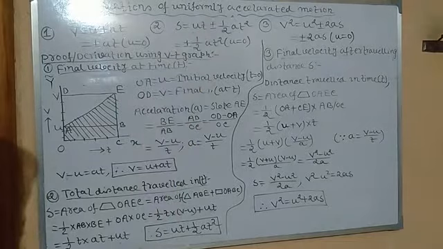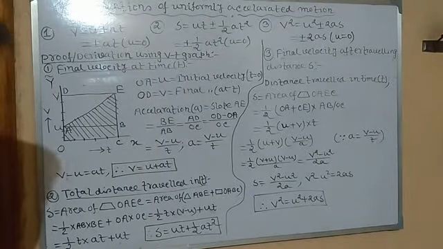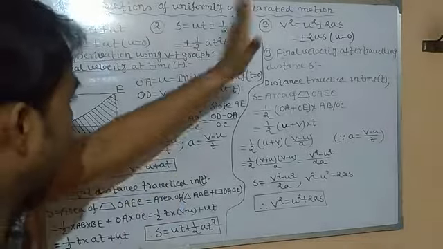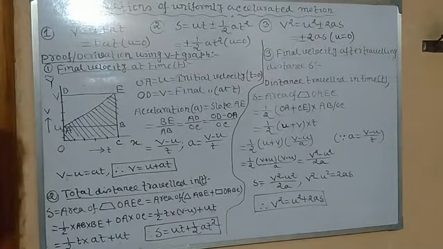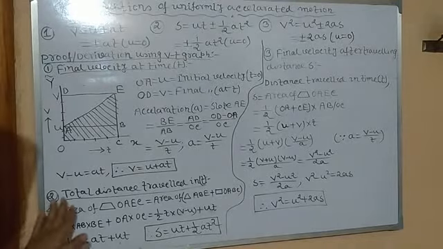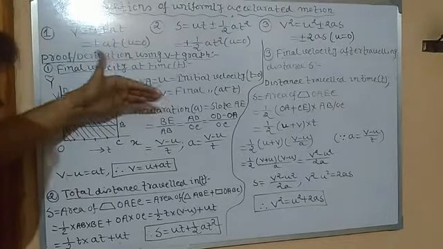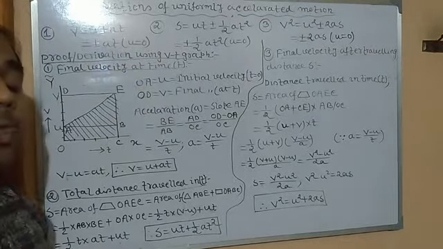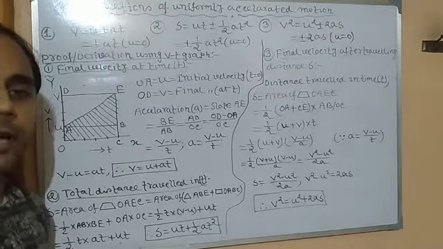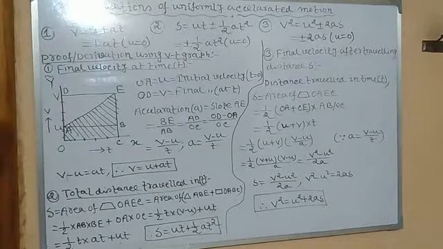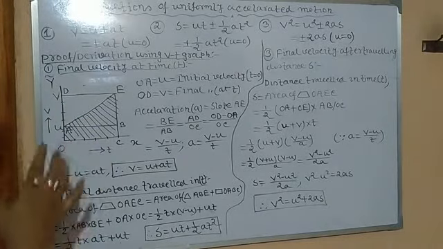Moving on to the second equation, that is the distance traveled by the body moving with uniform acceleration a, having initial velocity u at t equal to 0. Clear? Now we will find the total distance traveled in time t. Since this was the acceleration, how can we get the distance from the velocity-time graph? That is by the area covered by the velocity axis and the time axis.